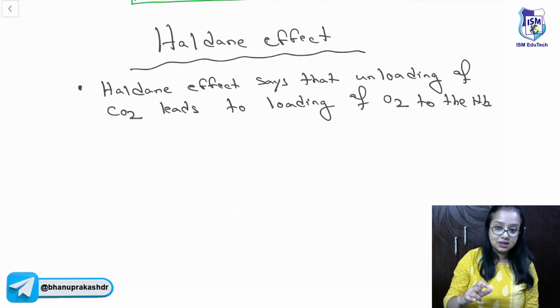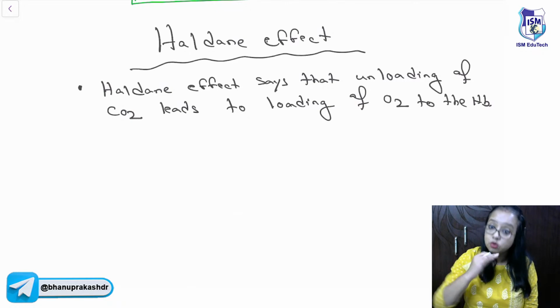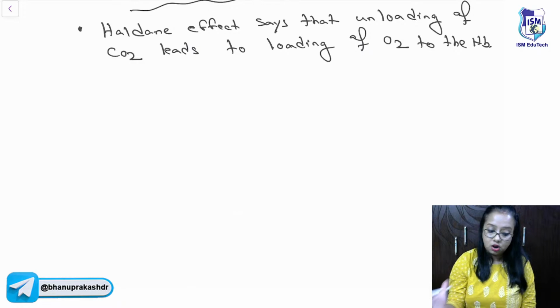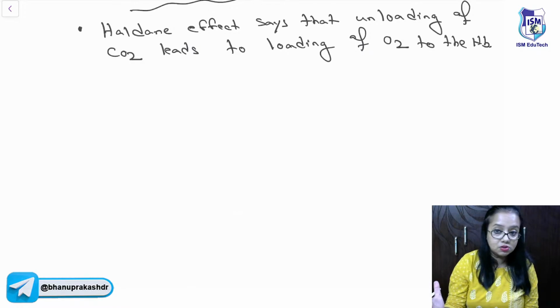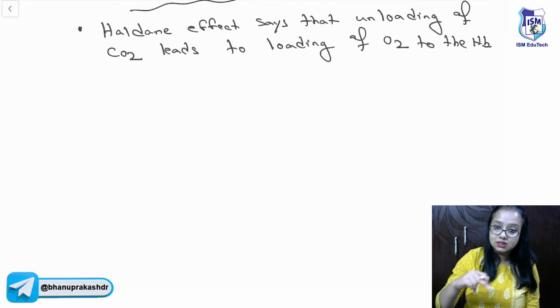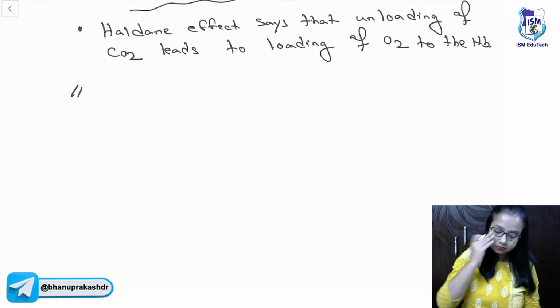Now, Haldane says that additionally, the event that is helping us to expel carbon dioxide and keep more oxygen inside our system is that when carbon dioxide is getting unbound or coming out of the hemoglobin, it is actually helping oxygen to bind more to the hemoglobin. It is the loading of the oxygen, but in terms of the carbon dioxide. So, we can say that